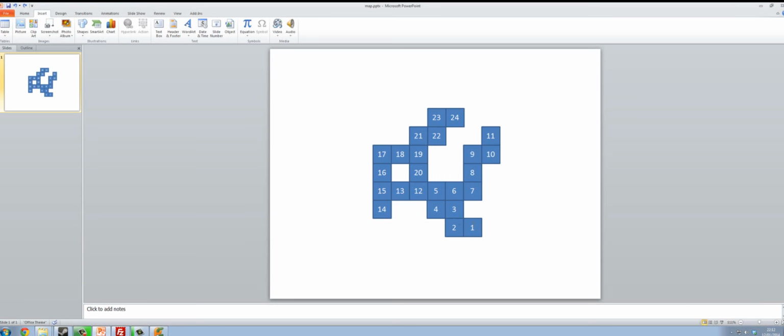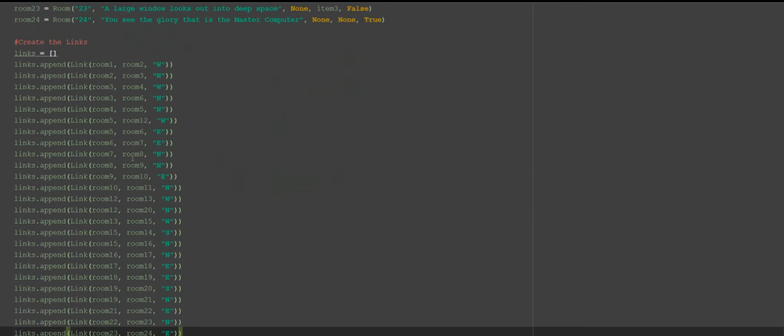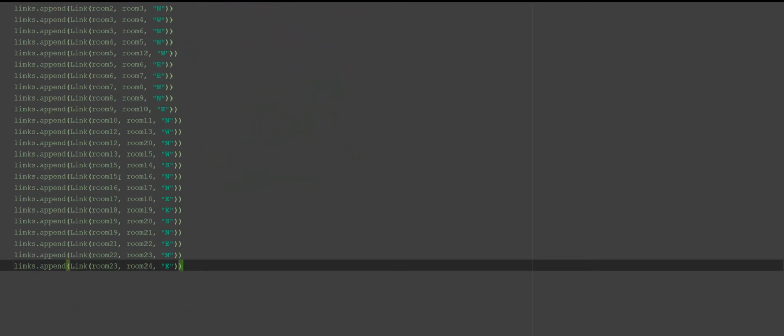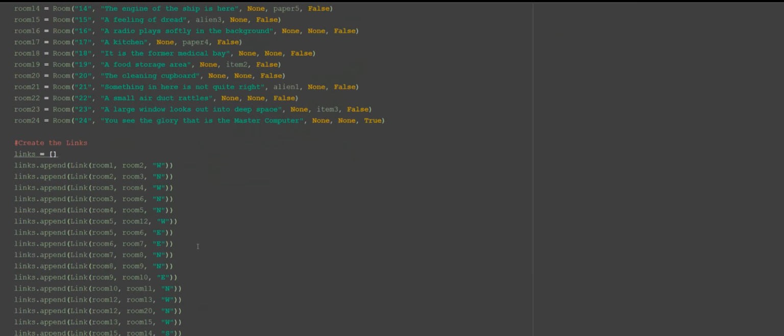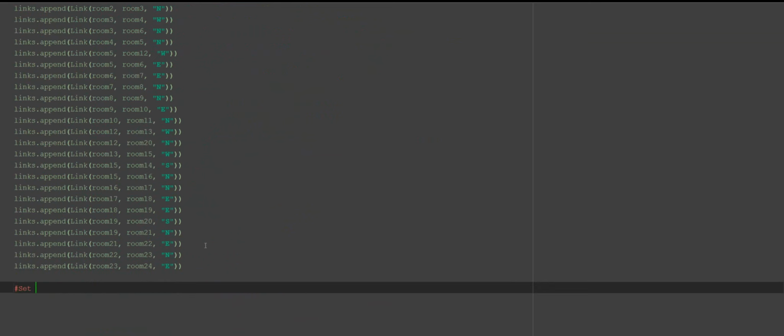What the link class does, it's clever enough to know that if room 1 and 2 are linked with a west door, it will automatically create the link from 2 to 1 with an east door, and the same with the north and the south. So you only have to put in one door and then it works out the rest for you. So if we go back here, these links have all been created, so that should allow us now to use these to actually create the game. So the first thing we need to do is set up the player,